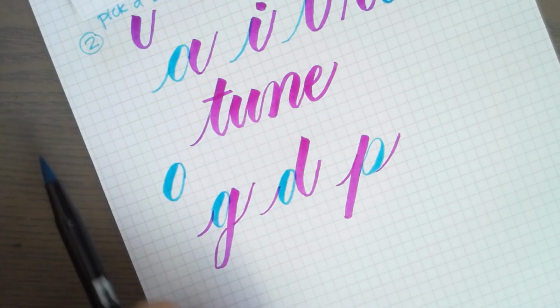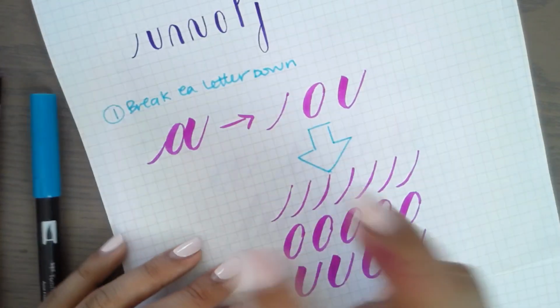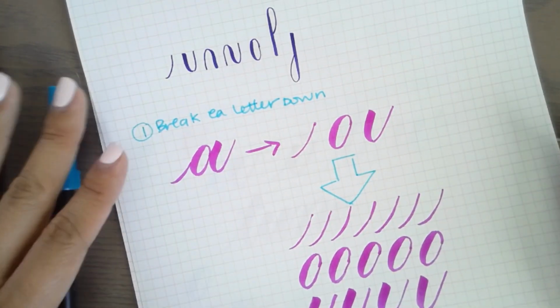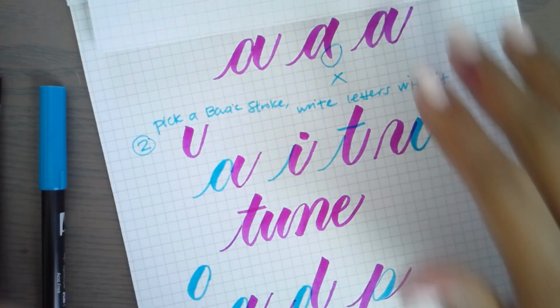All right, so I hope this is making sense to you. I'm sure you've seen practice like this with me in some shape or form before, but remember your practices are these two types of exercises. So breaking each letter down from the alphabet,